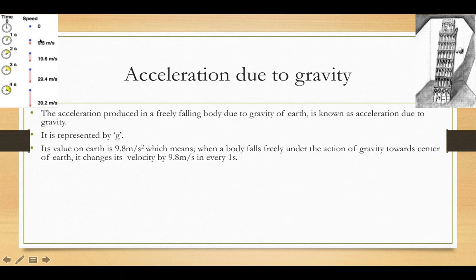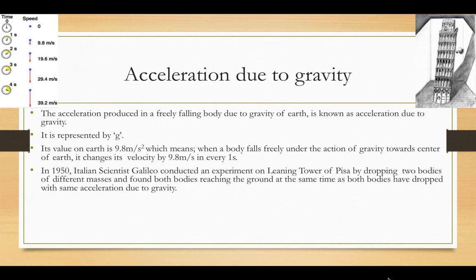That means on the Earth, in every 1 second, the velocity is changing by 9.8 meter per second. So here also 9.8 meter per second, here also 9.8, here also 9.8. Since the velocity is changing by 9.8 meter per second in every 1 second, the value of acceleration due to gravity is called 9.8 meter per square second. In 1590, the Italian scientist Galileo conducted one experiment on the Leaning Tower of Pisa by dropping two bodies